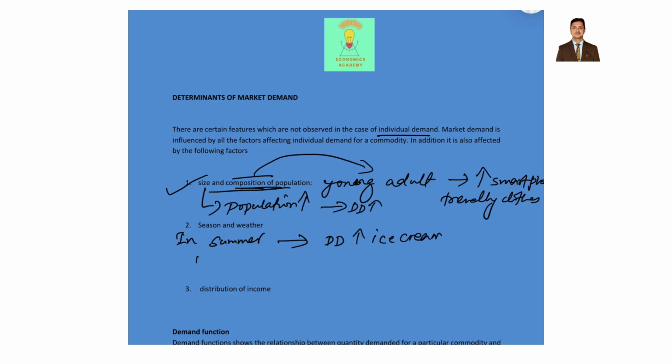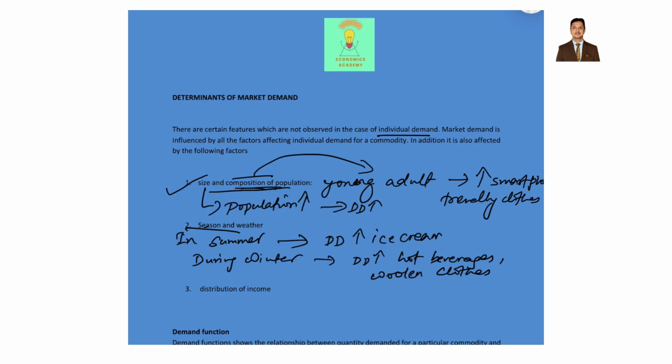And during winter the demand might increase for hot beverages, right? Woolen clothes is another example, okay? So this is how season and weather affect the demand. The sale of umbrellas will obviously be more during monsoon,